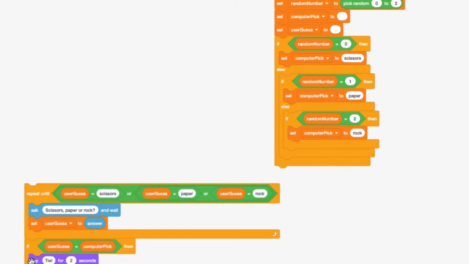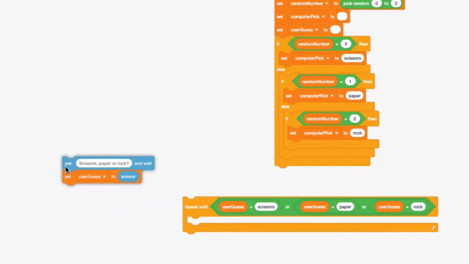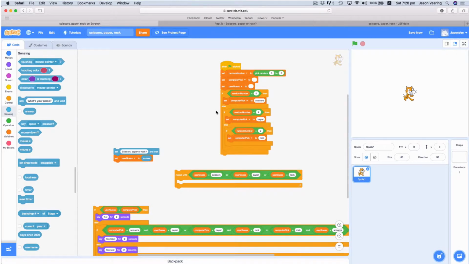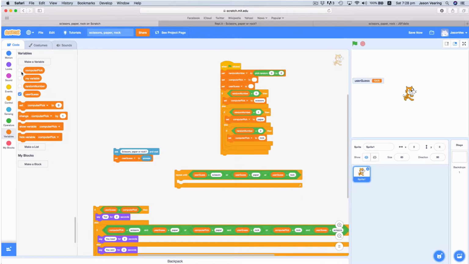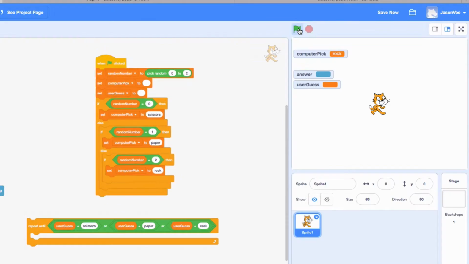And now here we've got the while loop. So if we take out of the while loop, we're just getting user input and we're setting that variable, which is user guess, to whatever the user input is. And so we look at the user input here and let's just run this. So it's populated rock for computer pick, and it's going to ask me